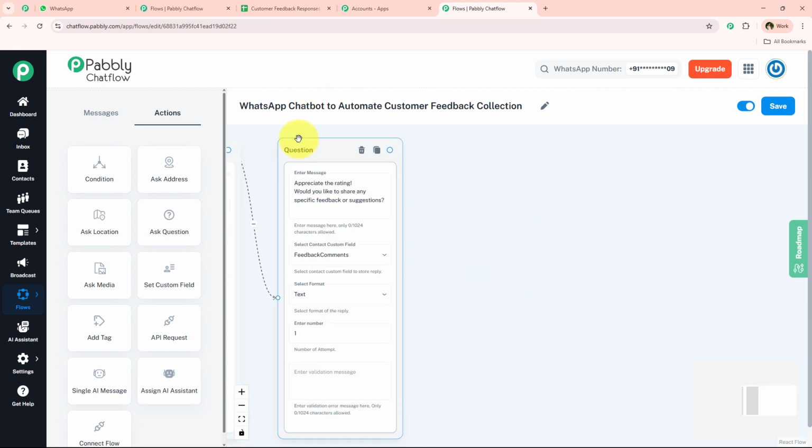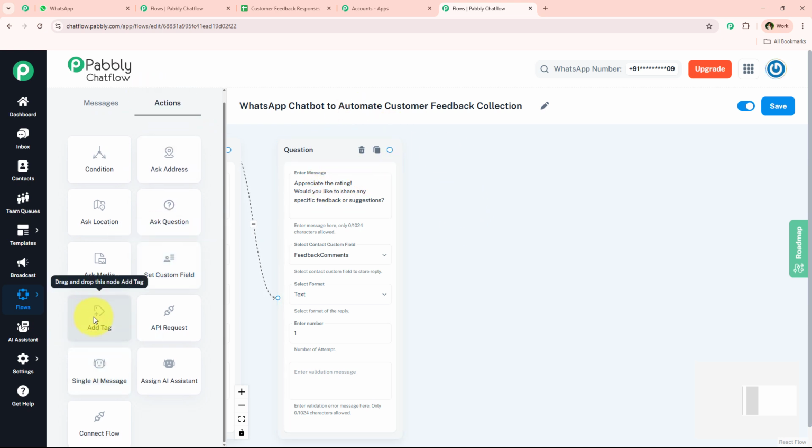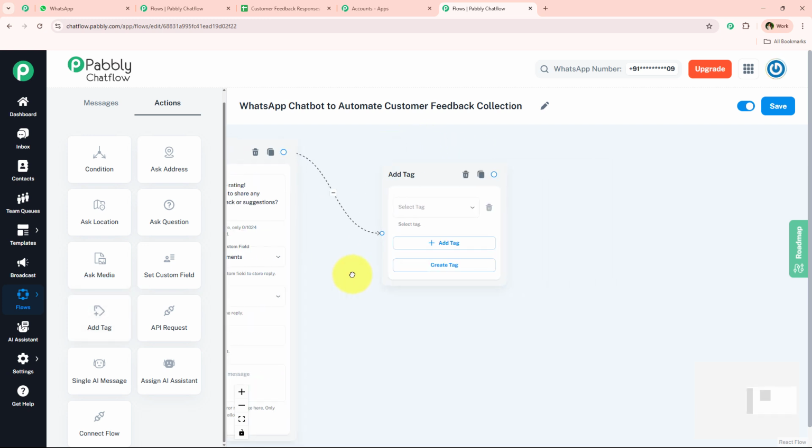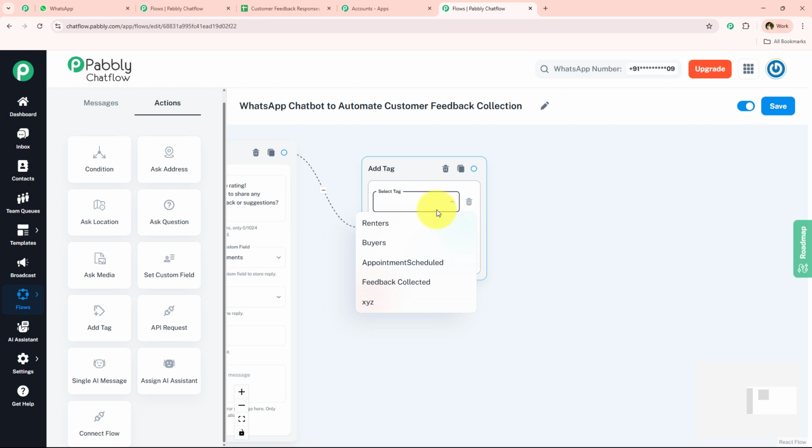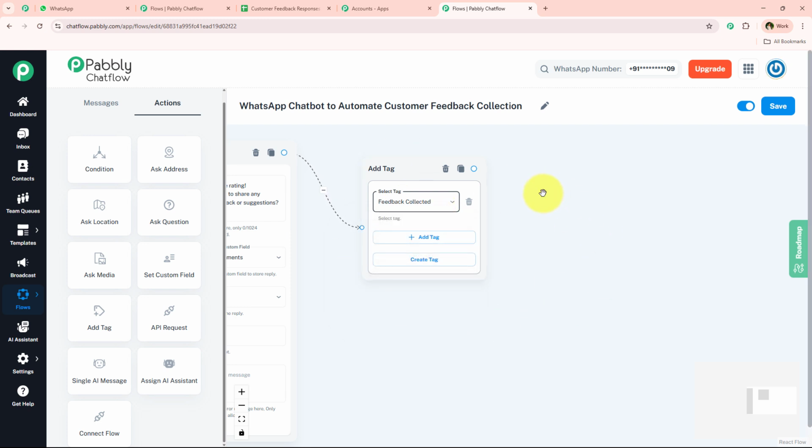Now after doing this, what I want is to add a tag to this contact. All right, so to add this tag, I'm going to go towards this action and then add tag. So I'm going to drag and drop this add tag and connect it with the last question. And now I'm going to select the tag right over here, which is feedback collected. So I want to tag all the contacts who have submitted their feedback right over here, so that's the reason